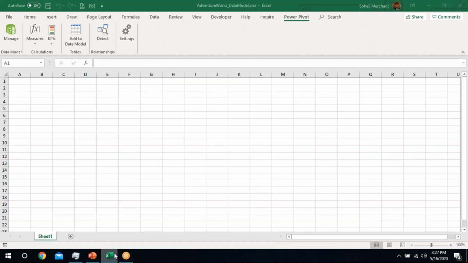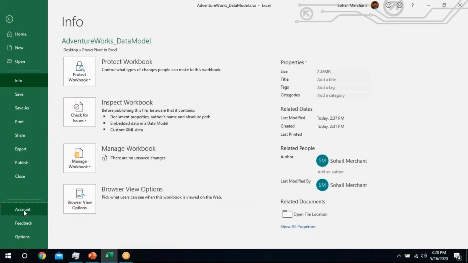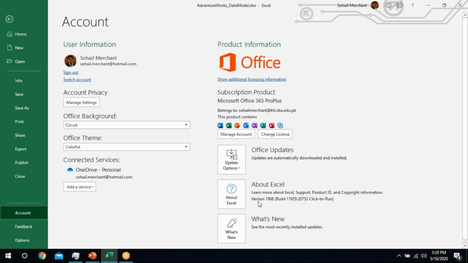Okay, this is on creating table relationships in the Excel data model, right? In Microsoft Excel 2010 onwards, Microsoft has given us the age of Power Query and Power Pivot. In 2010 and 2013, we have to download this add-in from the Microsoft website and install it as per the bit of our Microsoft Excel. This bit can be checked through our account page in the backend of Microsoft Excel, where you can see these bits.